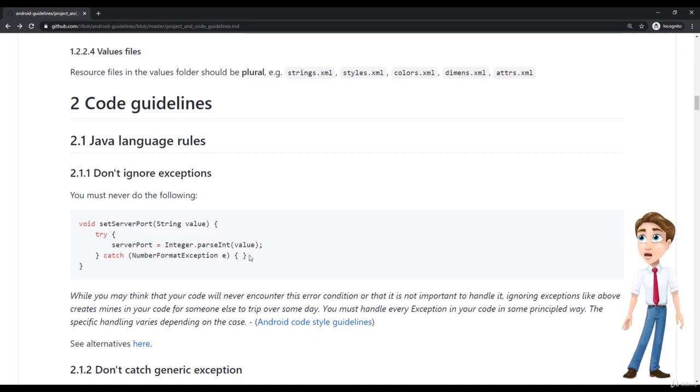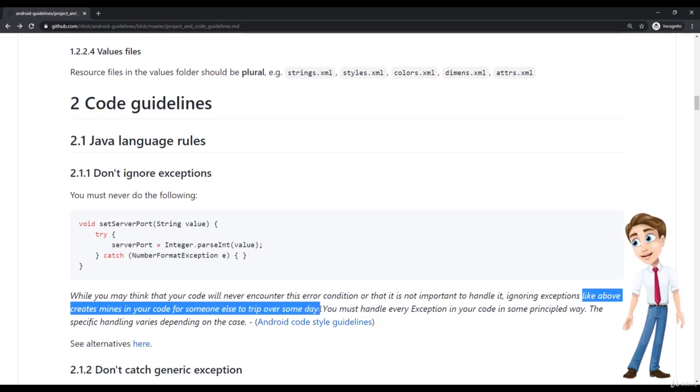But this is important because it allows your project to recover from errors. If you hide them by doing nothing, like we can see in these brackets here, well, it's not very nice because you don't know that the app has recovered. It's just going to stay in some kind of gray area state. So as a good rule of thumb, you should try to do this and not ignore exceptions like this one. It's pretty important. As you can see here in this explanation, it tells you that you might be creating land mines for your code, and in case someone trips over them at some point, it'll be pretty nasty. But again, this is something similar to what I told you about the nullable values.